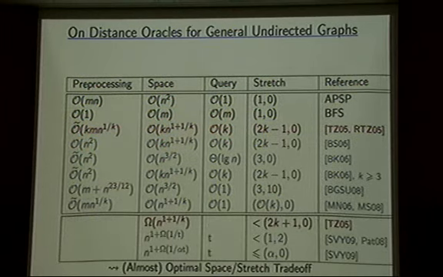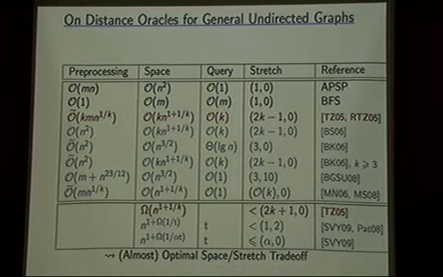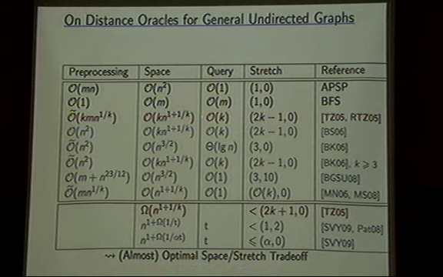But unfortunately, what they prove is this trade-off, which sounds pretty bad here, it's actually tight, it's optimal, best possible. So this is the lower bound, the matching lower bound. You have to read from right to left now. So if we want the stretch to be less than 2k plus 1, then the space we need is n to the 1 plus 1 over k. So let's again set k to 1 here. Then it says if we want stretch less than 3, then we need n square space,